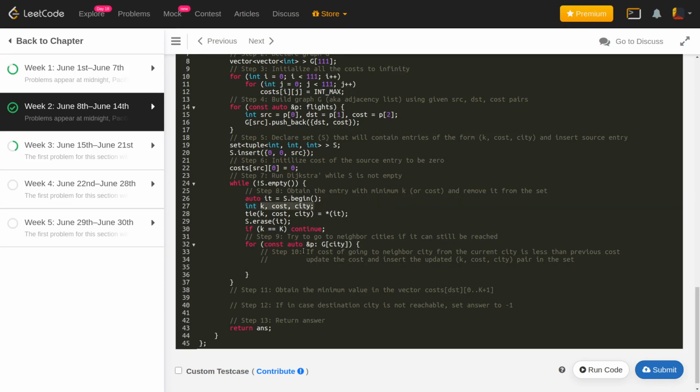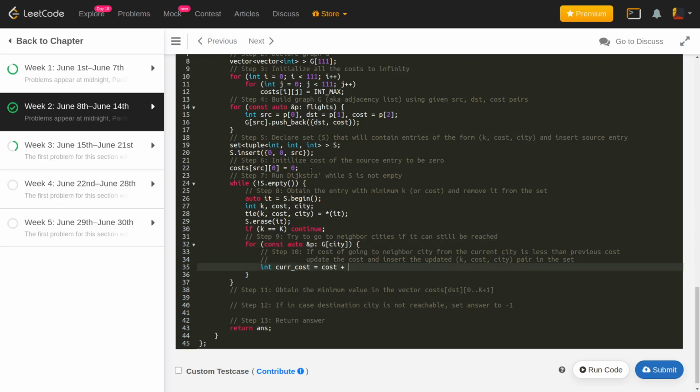Okay, so I'll first calculate the cost. So let me just store the cost in current cost. Okay, so what's the cost of going to the neighbor from this city? Since the cost of reaching this city is this cost, that's going to be cost plus the weight of going from this city to its neighbor.